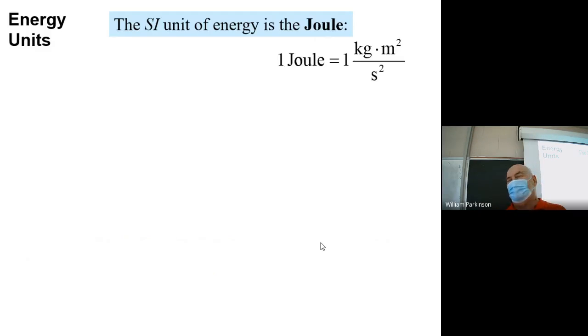Now, one way that you can recognize the units in a joule, if you happen to know a little bit about energy formulas: the kinetic energy an object possesses that is moving with a velocity v and has a mass m, the kinetic energy is 1/2 mv squared. So the units that you see there reflect mv squared, mass in kilograms times velocity in meters per second squared, would give you the combination of units that you need for a joule.